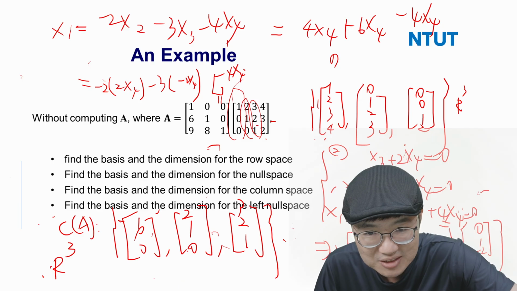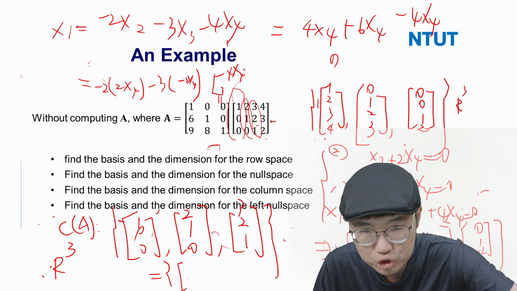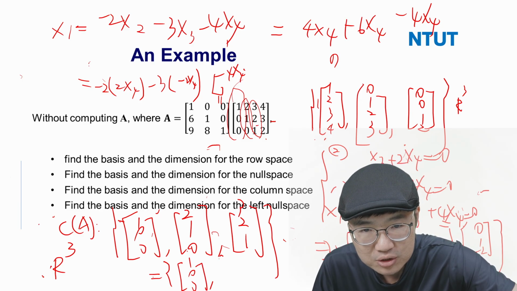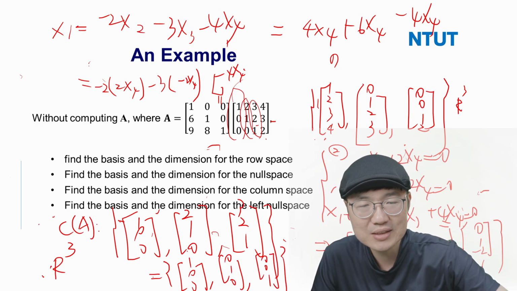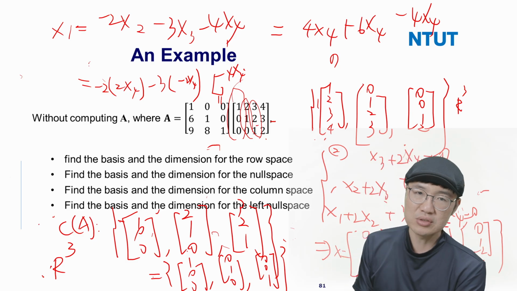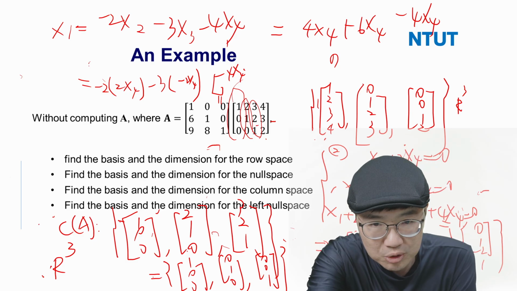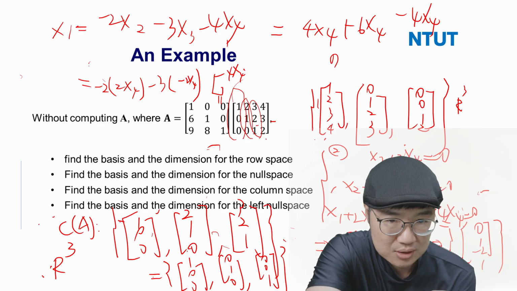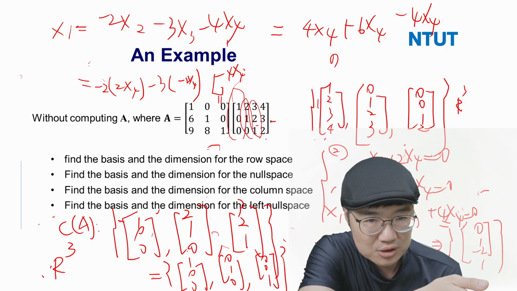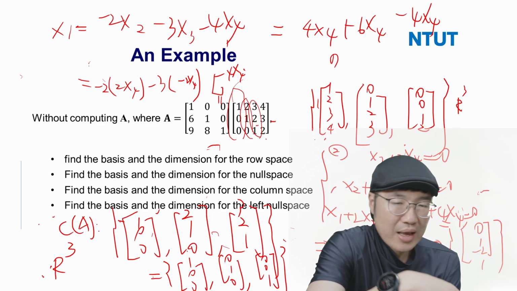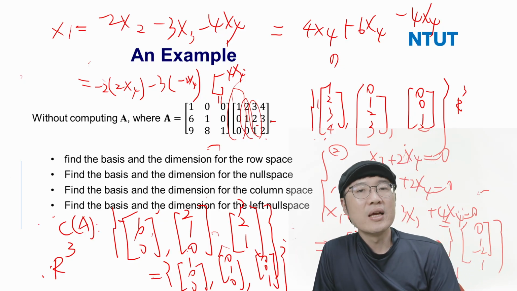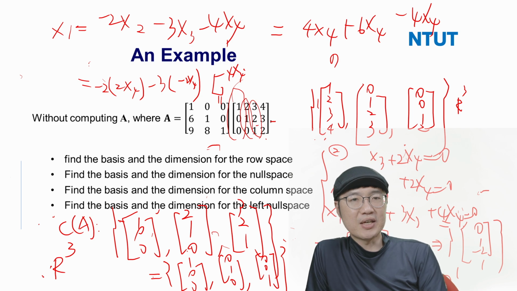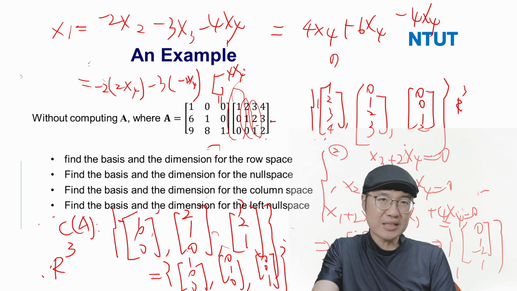But the basis could be just arbitrarily chosen three independent vectors, such as 1, 0, 0, 0, 1, 0, 0, 0, 1, or any three, you name it, like 1, 0, 0, 1, 1, 0, 1, 1, 1, anything. If you select three independent vectors, they are all a basis of the column space, because the column space fills